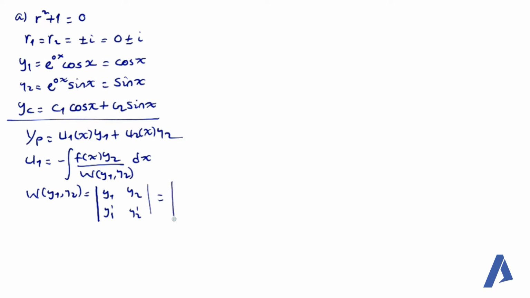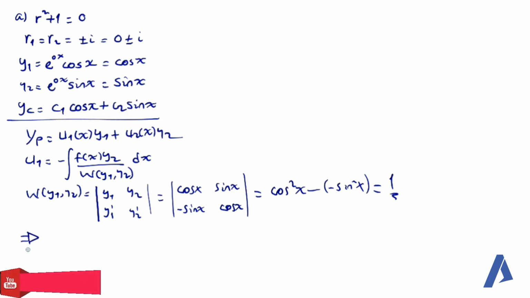This is equal to y1 it's cos x, sin x, the derivative of cos x is minus sin x and this is cos x. So the determinant becomes cos square x minus sin square x which is equal to cos square x plus sin square x which is equal to 1 from identity property of trigonometry። ስለዚህ ይህንን በመጠቀም this implies that